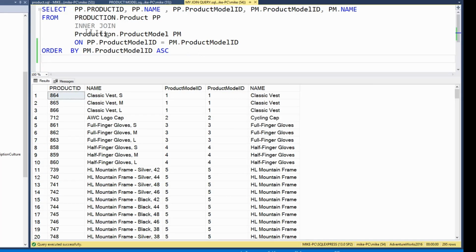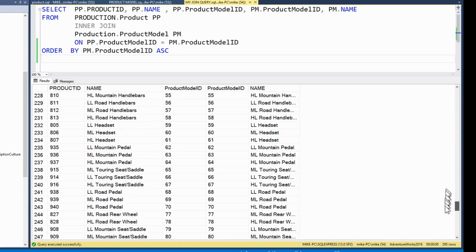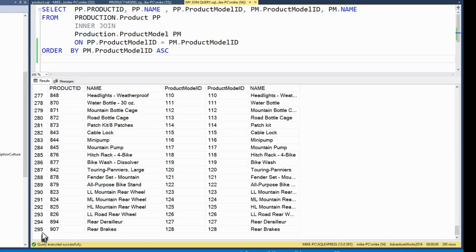So let's come back to our inner join query, and we'll just run that again. Now what are we seeing? In terms of the total number of rows, we're only getting 295 returned. So of all the products, we're only getting 295 rows because that was what we saw before. Only about 300 or so actually had a model ID. So because the ones that had no model ID, they had null in it, they don't get returned because it's